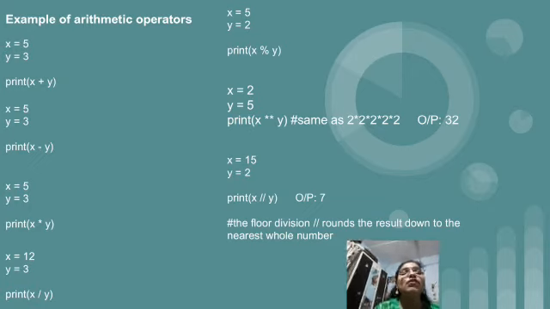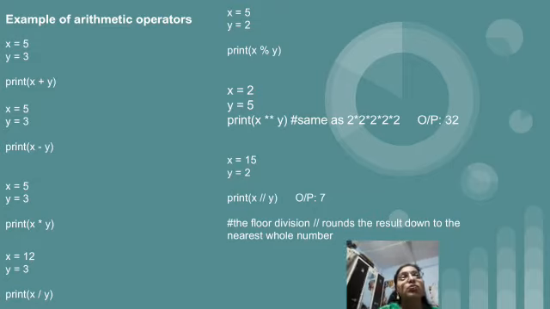After that we have the floor division operation. It performs division only. Like we have x equal to 15, y equal to 2. When we try to divide 15 by 2, 2 7s are 14, and the remainder is 1. If we put 0, then we place a decimal point after 7. So 7 point 5. 7.5 is what we would get as a proper division.